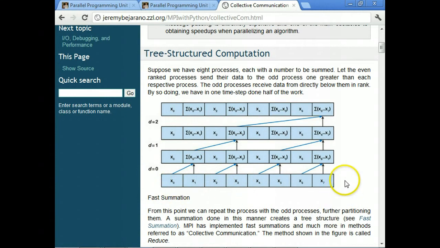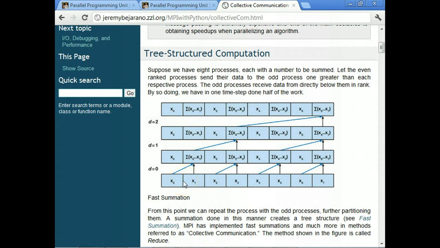In the trapezoid rule, we have 8 processes, like those shown here. Each of these 8 processes calculates the estimate of the integral on its own segment of the interval and returns a number. Say these numbers are these x's from 0 to 7.